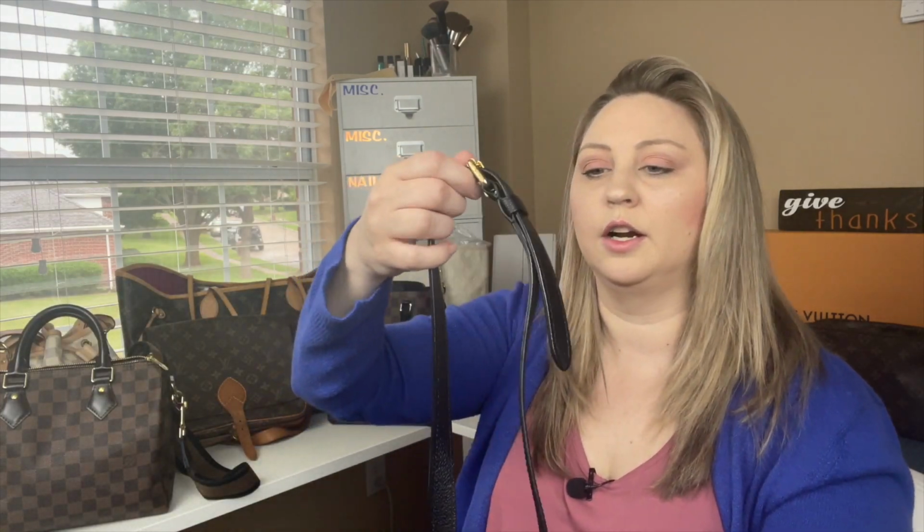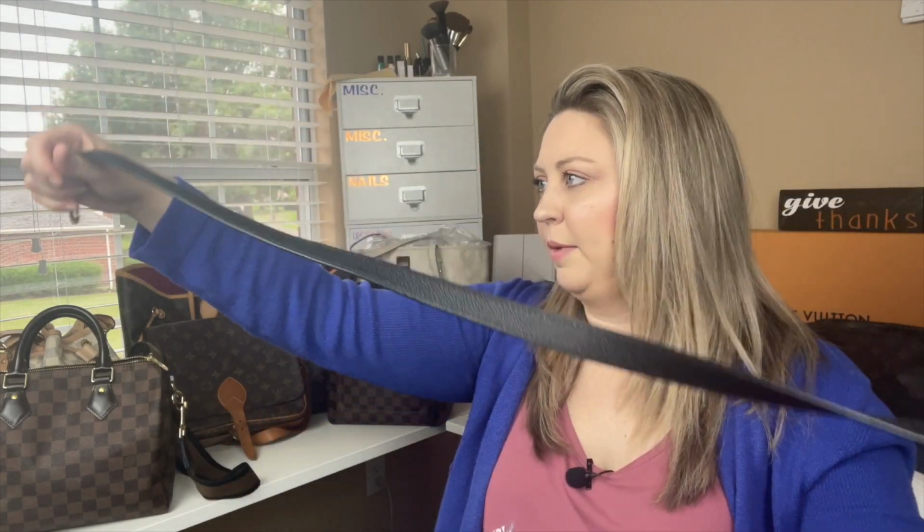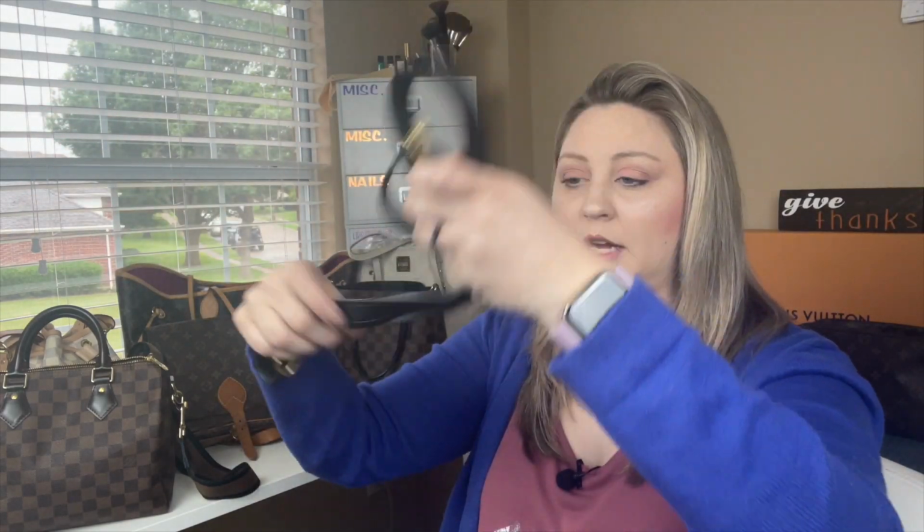But I would change that, and also the strap that comes with this and the strap that comes with this one, my Empreinte leather one, because it's just so thin. It's just such a thin strap that comes with it. This one's in here. But also what I would say about the strap that comes with the Speedy B 25